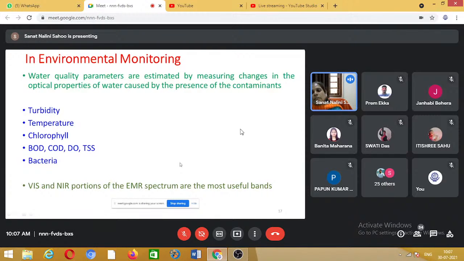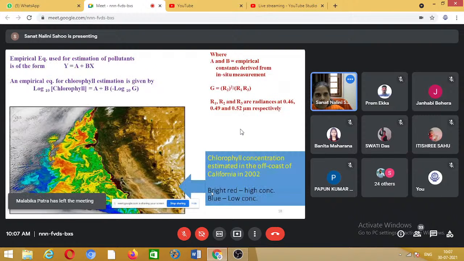So we can quantify, even from a remote place, by analysis of these imageries. We can have an idea about these pollutants, or the contents of these pollutants. For this set of applications, the visible and near infrared portions of electromagnetic radiation are the most useful bands. These useful bands are taken into some empirical equations, or further analyzed, to get an idea about these contents. Now this shows the empirical equation used for estimation of pollutants is of the form